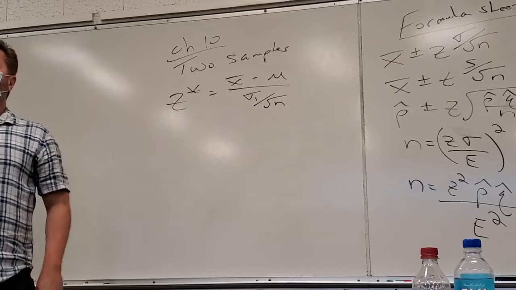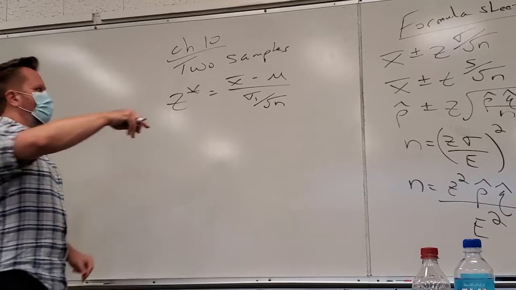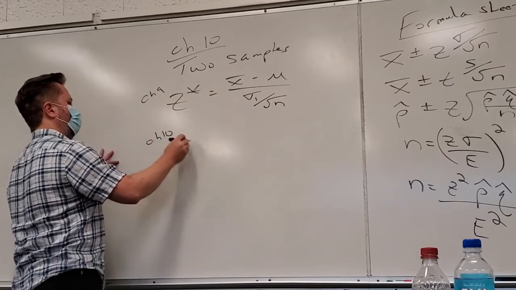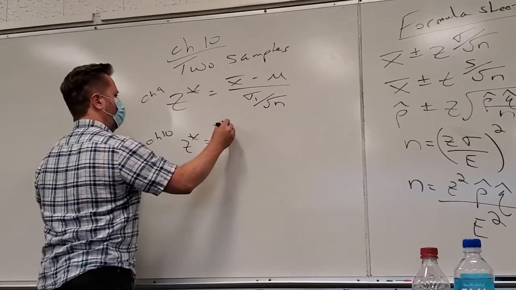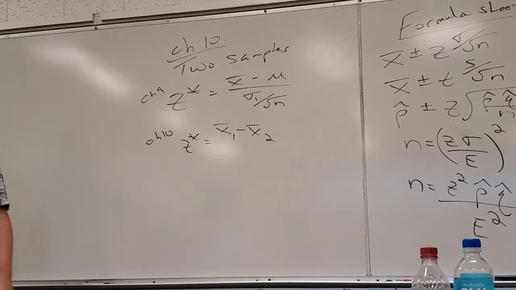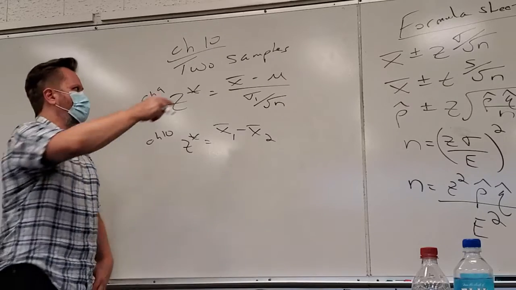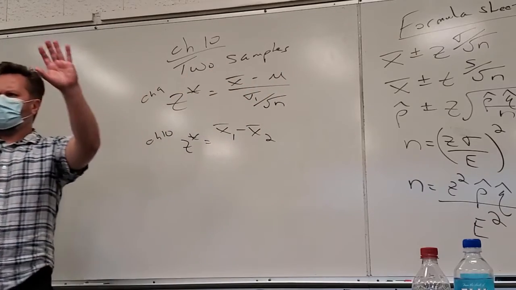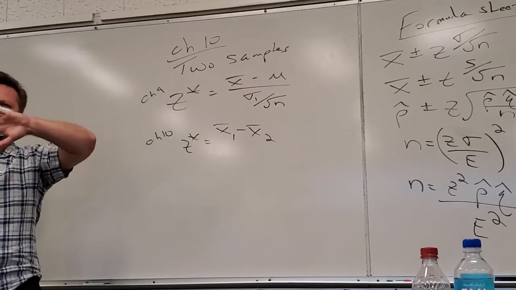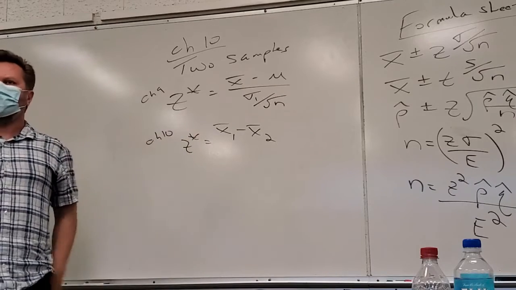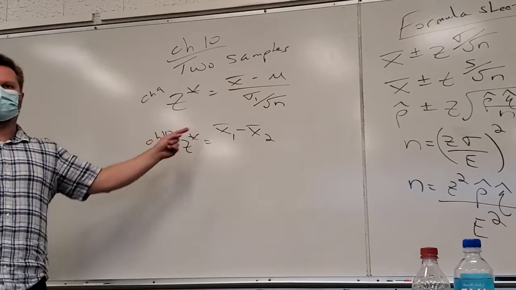Okay, so what chapter 10 does is, so this is chapter 9. Chapter 10 says, oh, now I've got X bar 1 and X bar 2. I've got 2 means to compare. I don't have a mean to compare to a known amount. Are you guys roughly with me? Like the whole Ford thing, Ford changed their assembly line, and this used to be the mean, and now it's this. Well, we don't have that. We have 2 samples to compare.